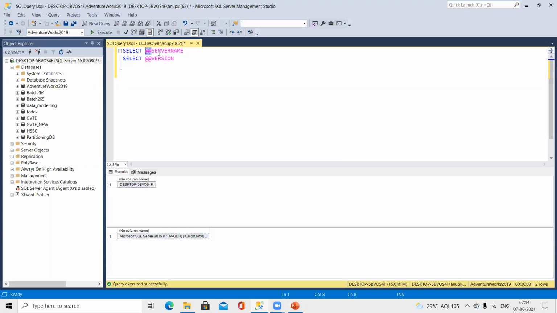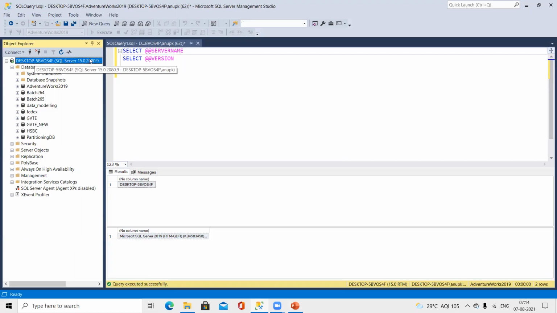So the first query that you see, which is select @@servername, would tell you about the details of the server on which you are working right now. The second query would tell you about the version. The other way to find the version is, if you see any server here which is on premise, just adjacent to that,